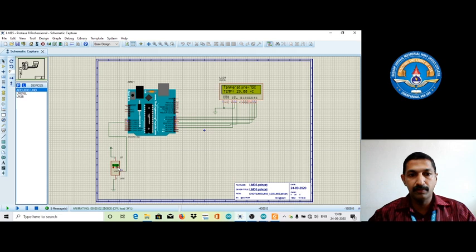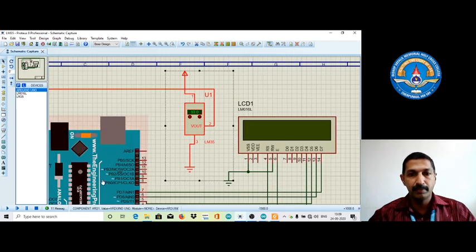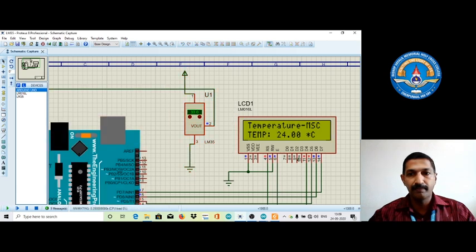We can change the values from here. So I'm moving this particular LM35 sensor from here to here. It's a more complex view. I'm executing this one again. You can simply see how the value is changed. It's around 45 now. Also it should be variable too.